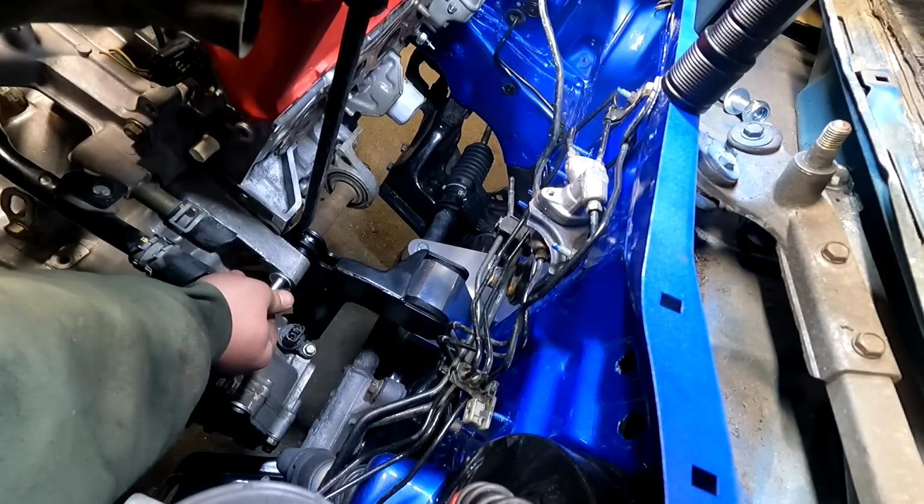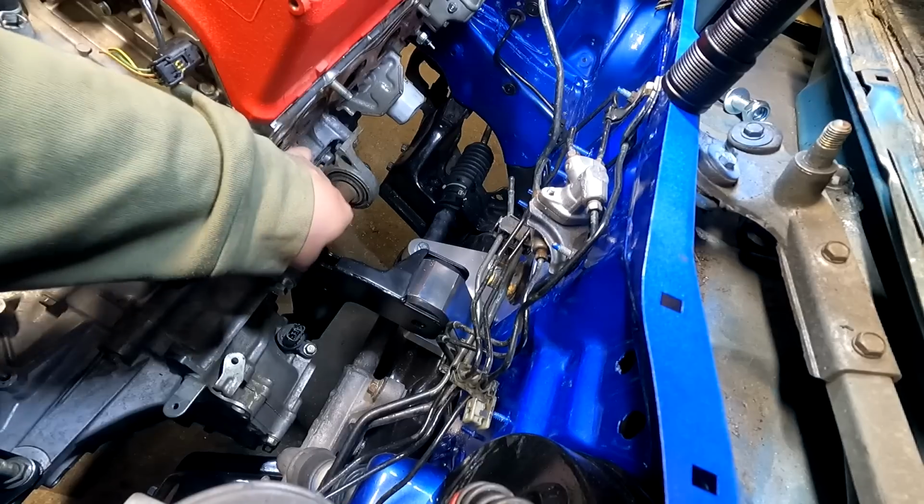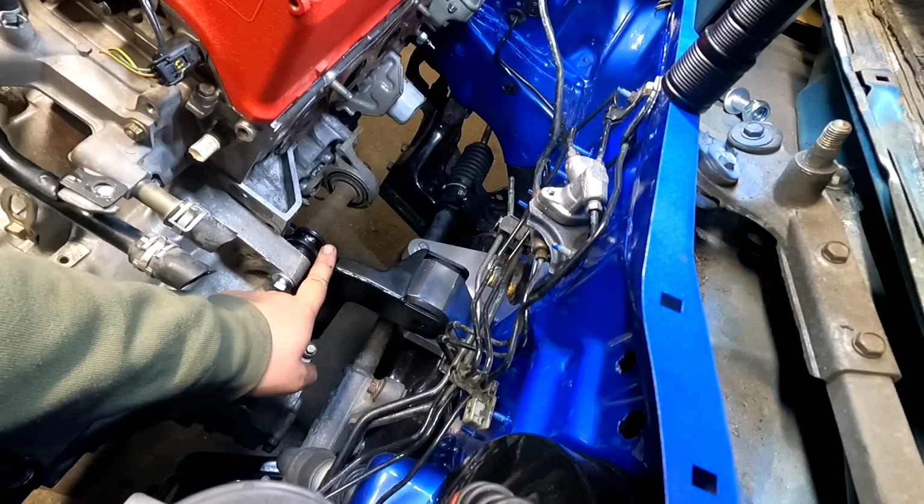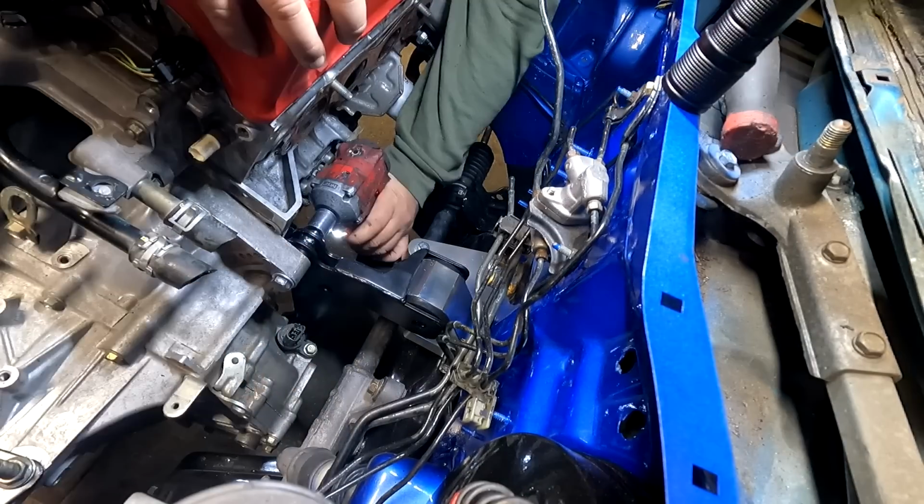Maybe a little hard, but I do need a longer bolt because this is not long enough to exit the other side to put a nut on it. So